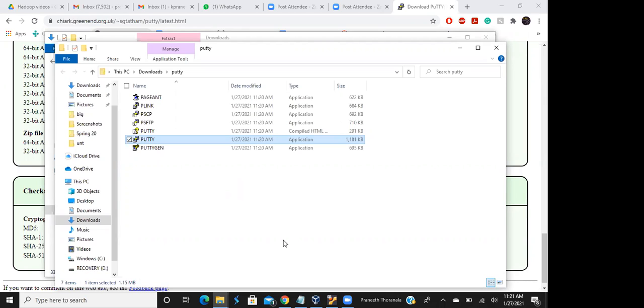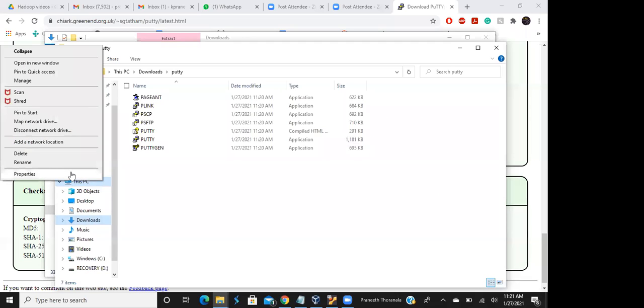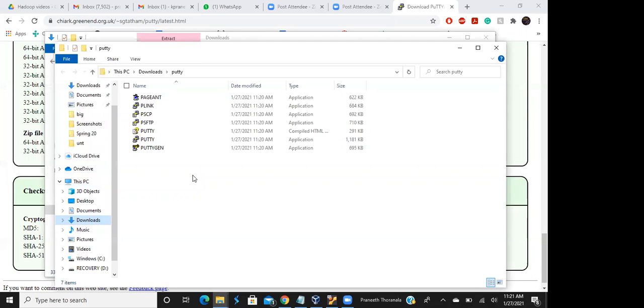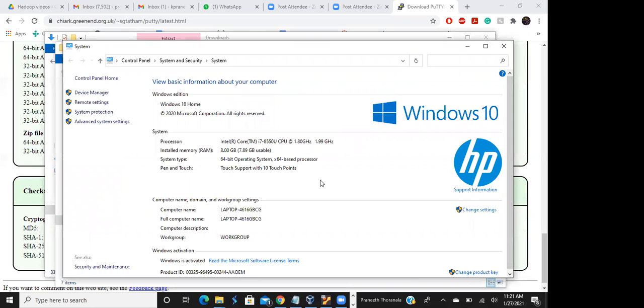I'm not that sure. Just right click on this PC, go to properties. Yeah, it is Windows 10 Home Edition. That should be fine only.